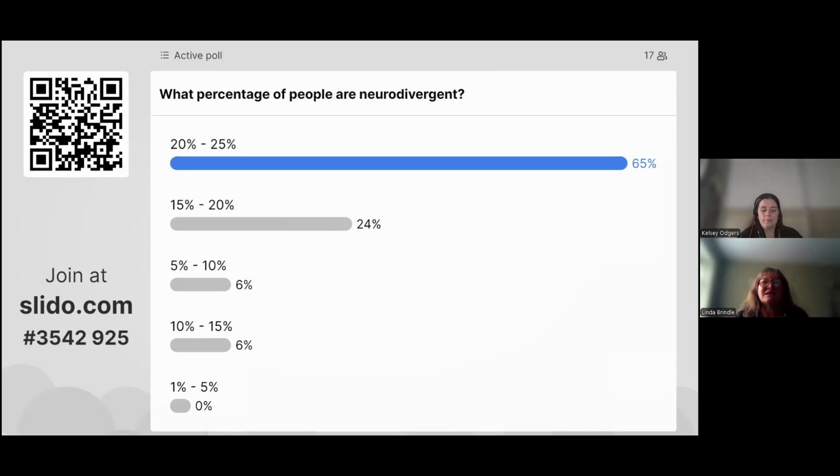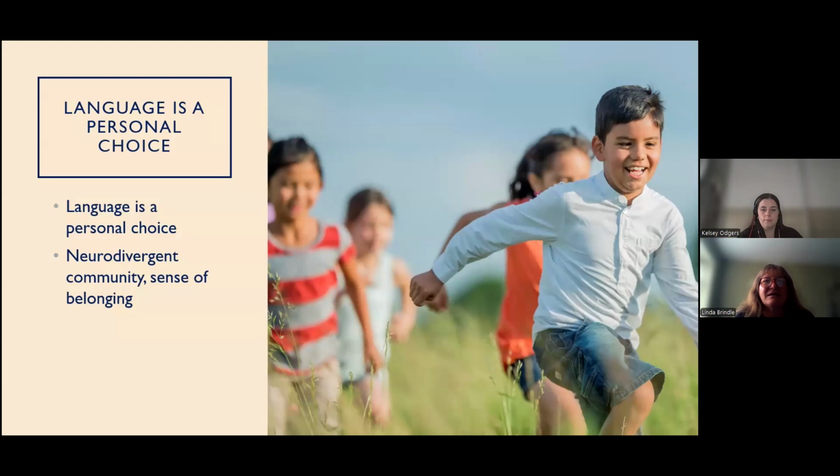Now, just want to spend a little bit of time thinking about language. Language is a really personal choice. Some people prefer to refer to themselves as neurodiverse rather than neurodivergent. Some people like to think of their neurodivergence as having a superpower, but others don't. Some people identify as having a disability, whereas others with the same diagnosed condition might not consider themselves disabled. So I guess what we're recognising is that actually what's most important is that you as families and your children find words and explanations that work best for you.